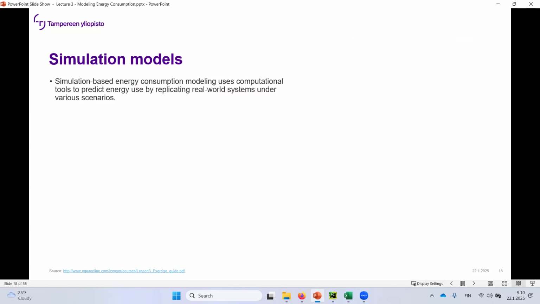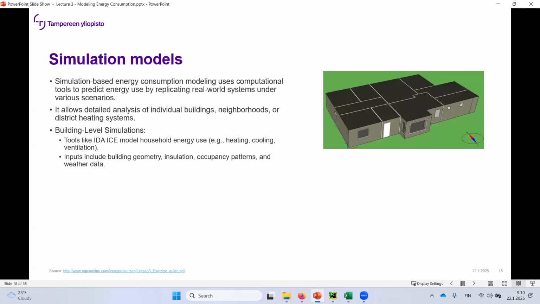The fluided heat, for example, that I mentioned, that's a similar simulation model, but that's for the entire district heating system. But you can have, for example, these simulation models that are for households. And this is, for example, this IDA ice that was used in one of our master's theses. So they were modeling this effect of this